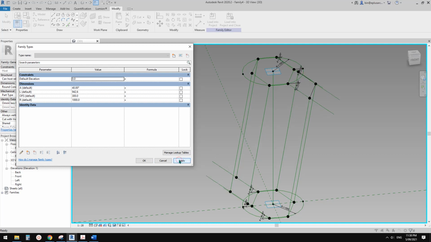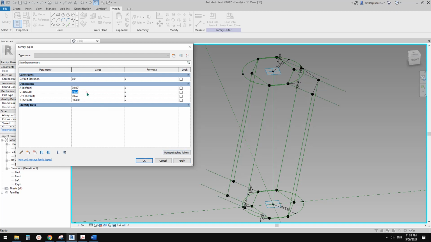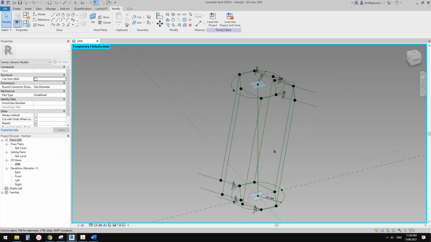40 degree, 30 degree, and then this length 1200. Yeah, 900. All good. So offset should be okay. Radius should be okay. So click OK, and then that's